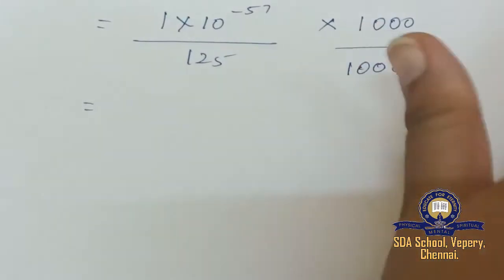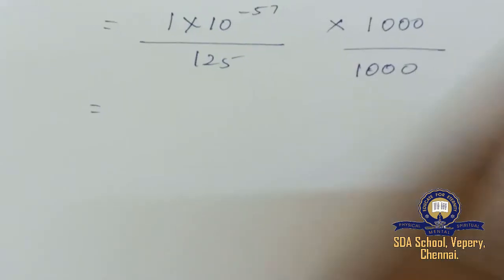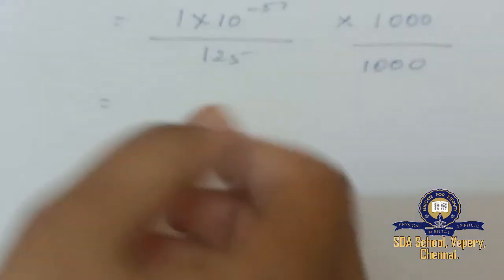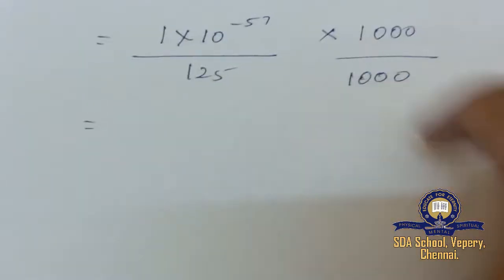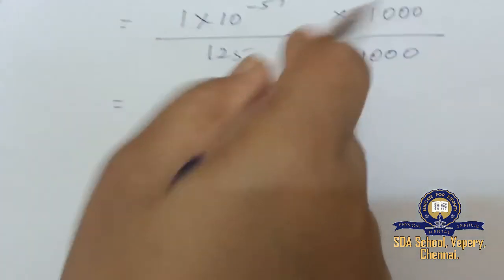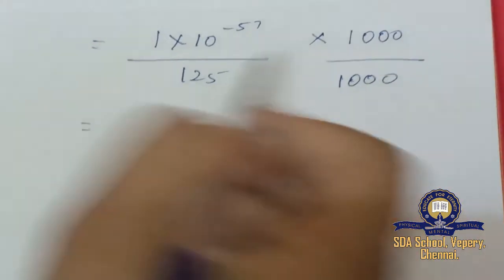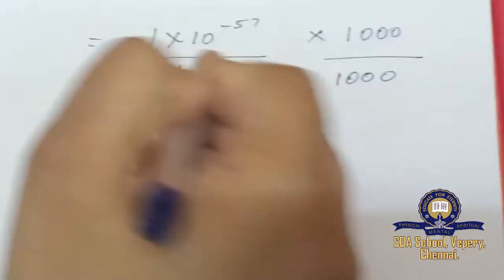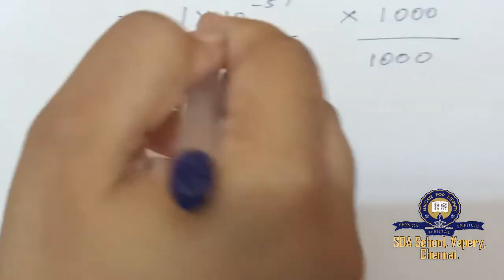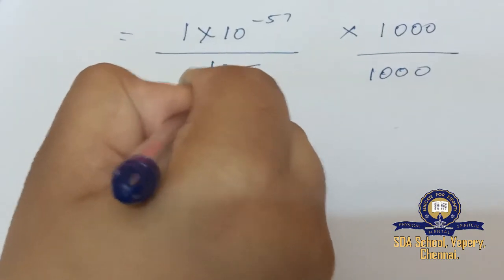I am taking everything in terms of 100 and thousands, in terms of 10 powers. So I have taken this. You can take any other number, but it has to be easy for you. It has to come into scientific notation. That's the point. What will I do is I will simplify this. Simplify 125 and 1000. I have 5 tables, right? What will I get if I simplify 125 by 5? I will get the answer as 25.